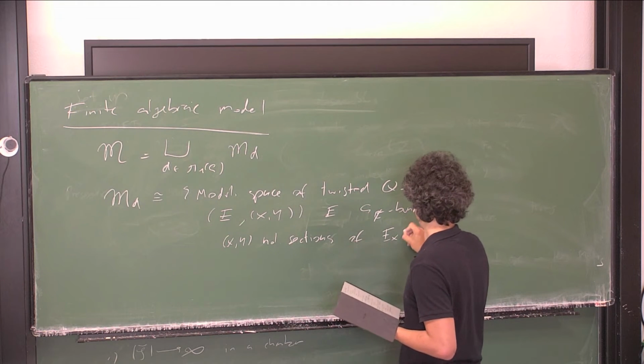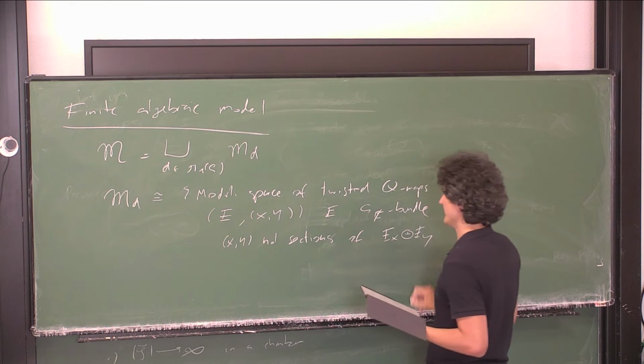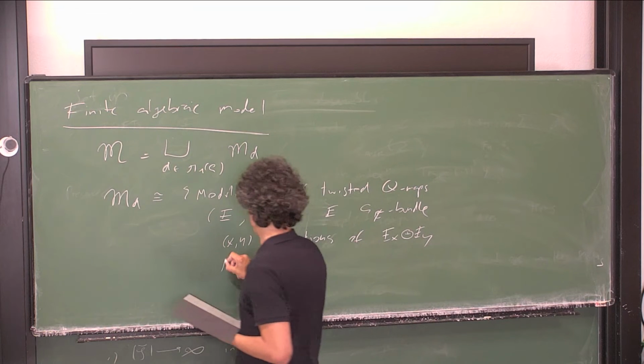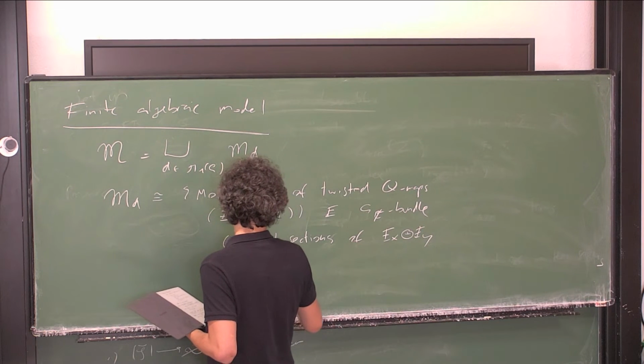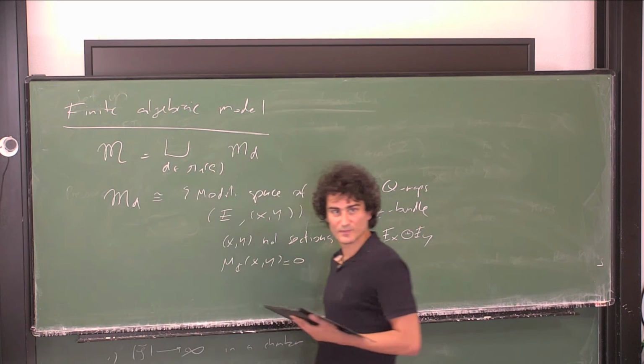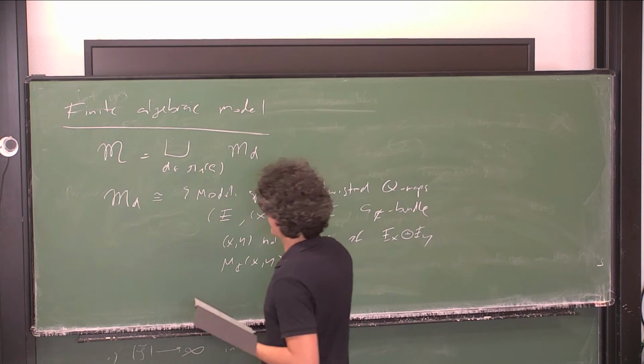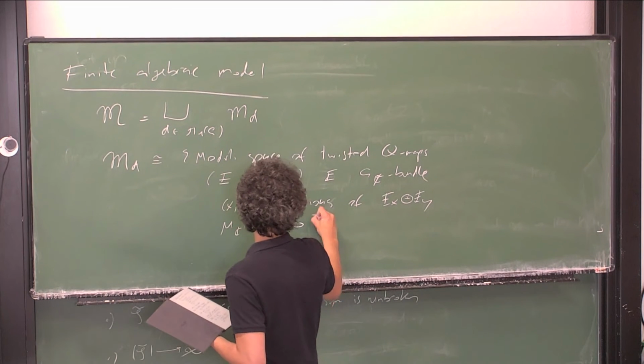I'm going to call them E_X times E_Y. And subject to the complex moment map equations and a stability condition,